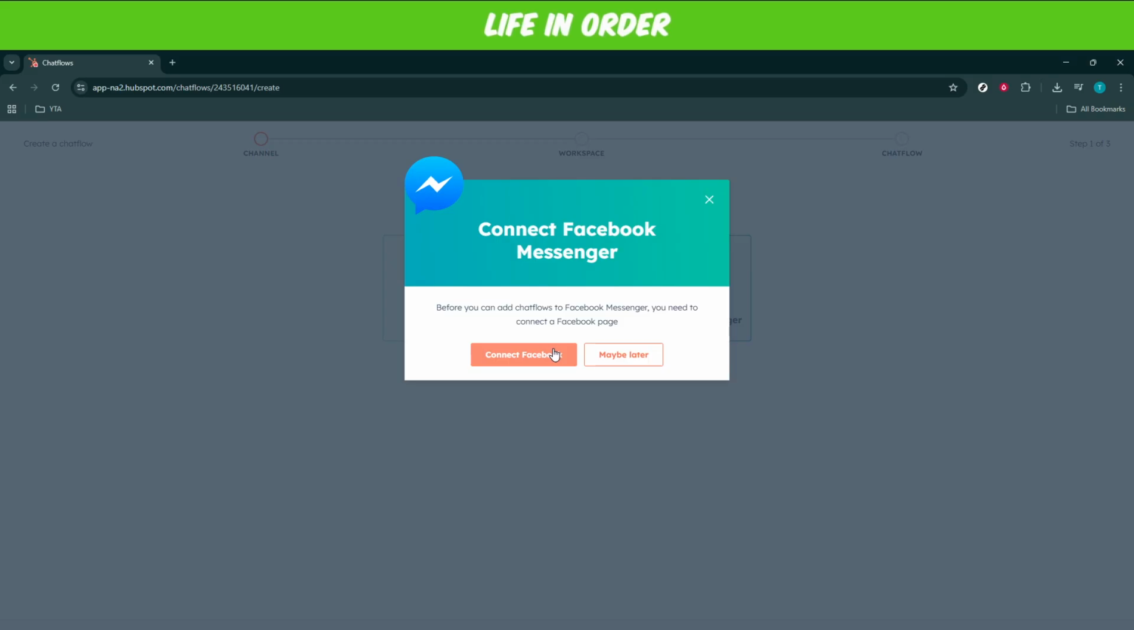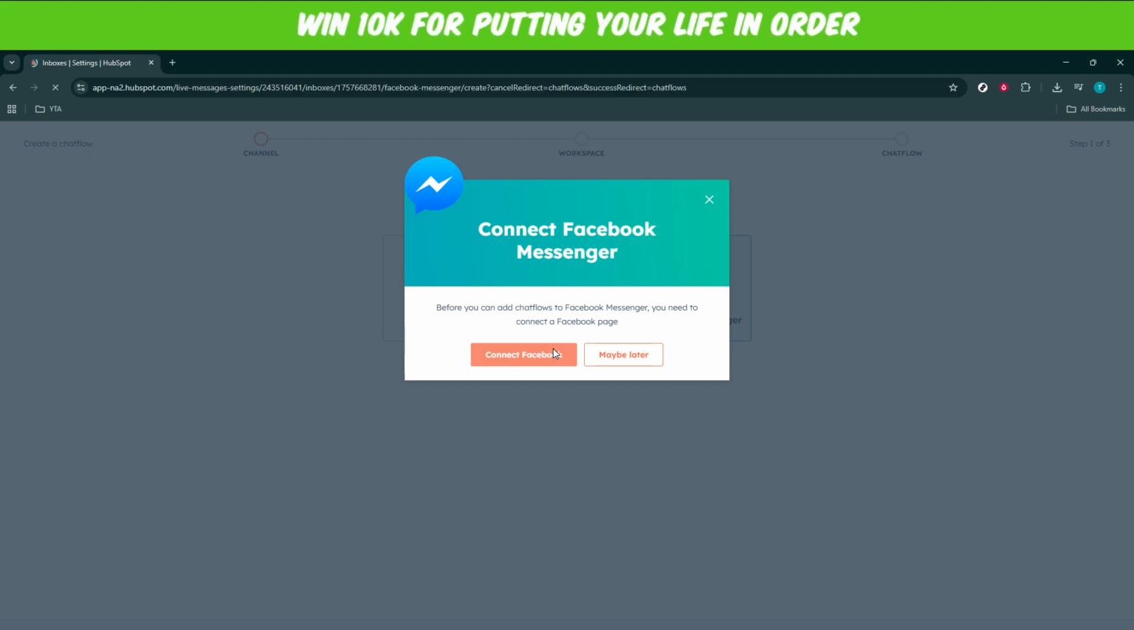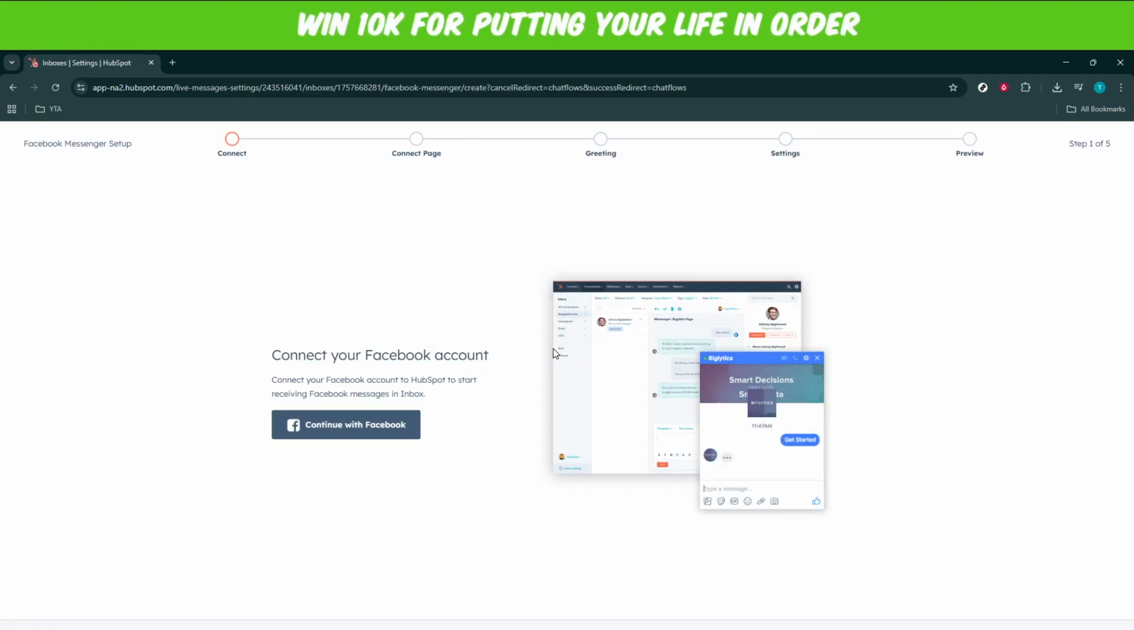Following that, it's time to connect your Facebook account to HubSpot. This is done by clicking on Connect Facebook. A new window or tab will likely pop up, prompting you to log into your Facebook account if you're not already logged in. Make sure to sign in with the account that manages the Facebook page you'd like to connect with Messenger. This connection is necessary because it allows your HubSpot chat flow to send and receive messages through your